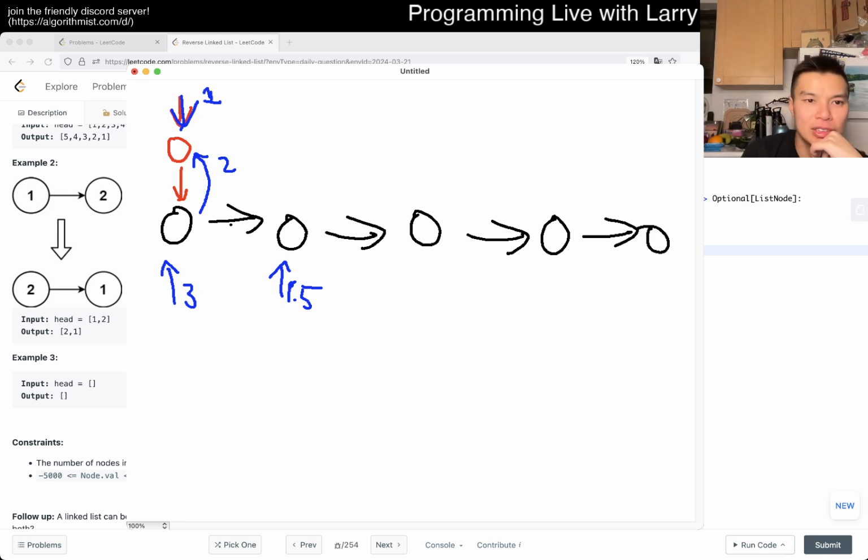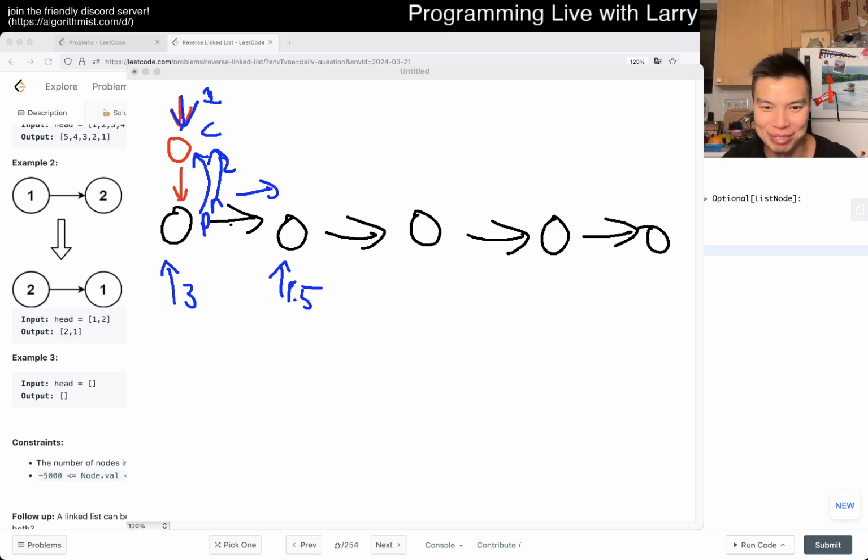And now we have 2 nodes, or 2 pointers. We have the current pointer and then the next pointer, right? So then C and N, we get the next dot next, so then we move next, and after we move it, then we can have the previous point back. Okay, I have a feeling that the drawing is just as confusing as me saying it out loud,